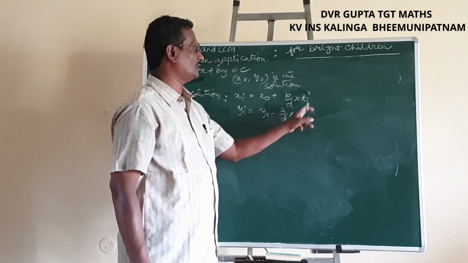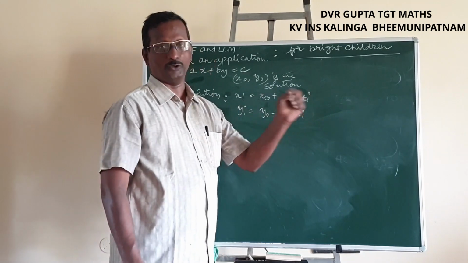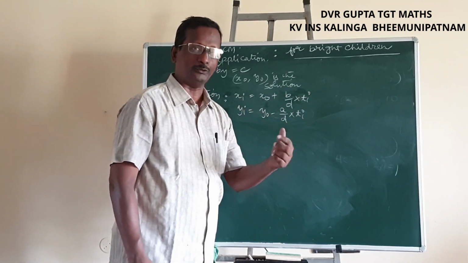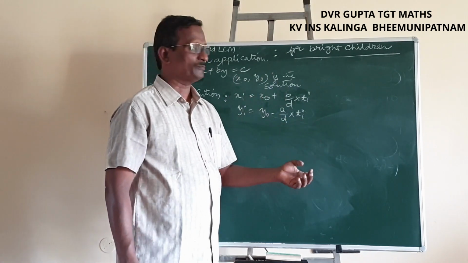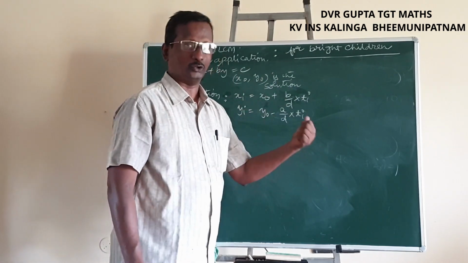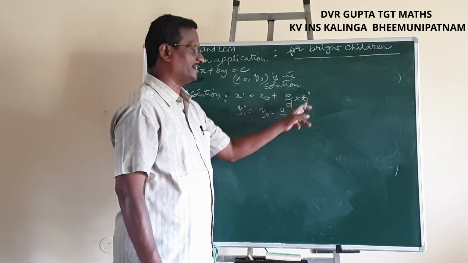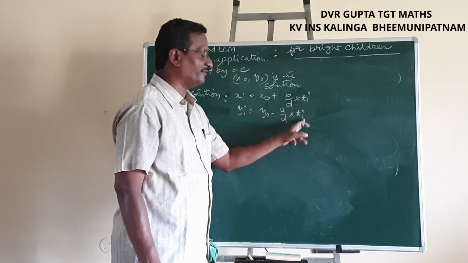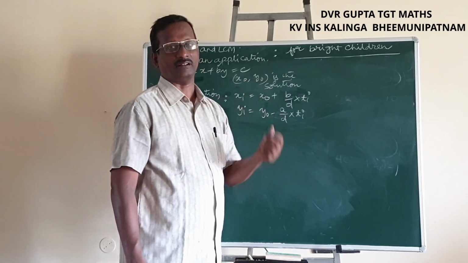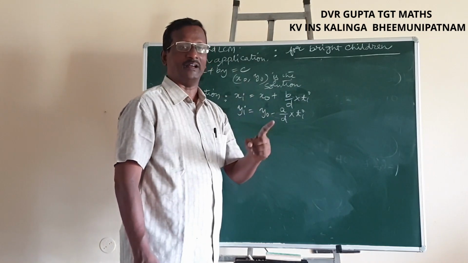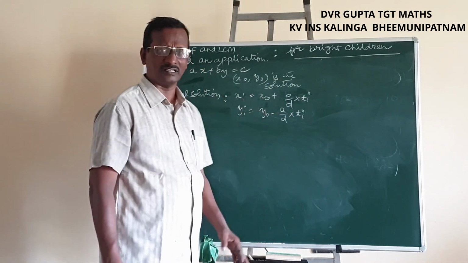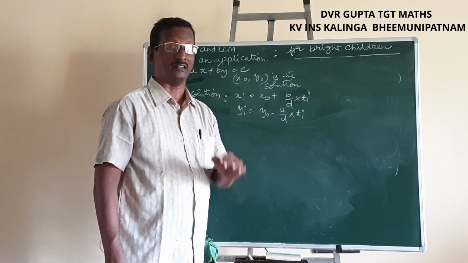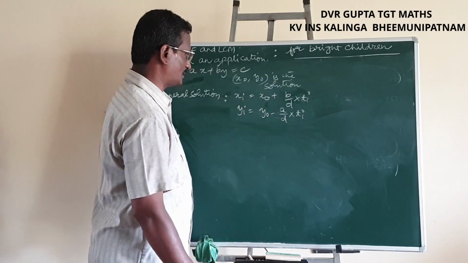Ti is any integer which we are giving. Ti is equal to 1, solution 1. Ti is equal to 2, solution 2. Ti is equal to minus 1, solution 3. Ti is equal to minus 5, solution 4. Like that, it's possible to give ti infinitely many integer values. For every ti value, we are going to generate one more solution. So this is how it's possible to generate infinitely many solutions.